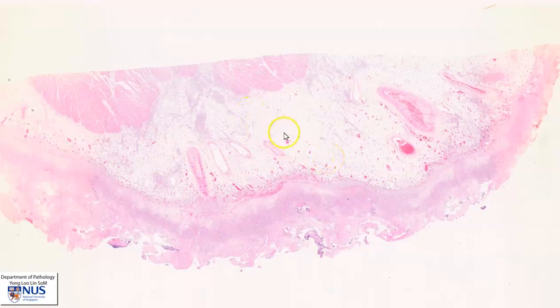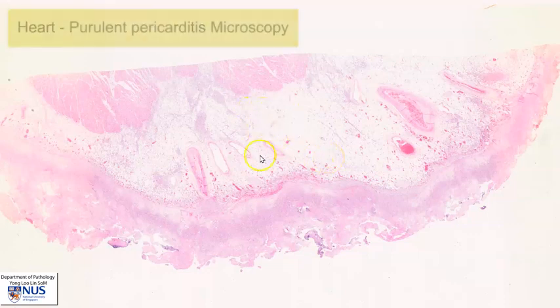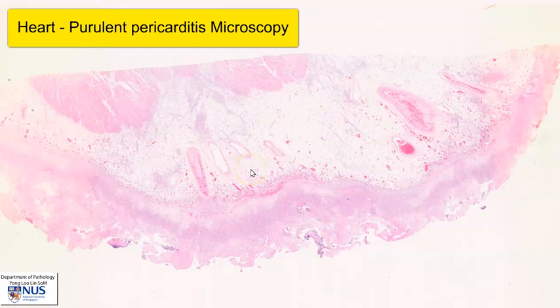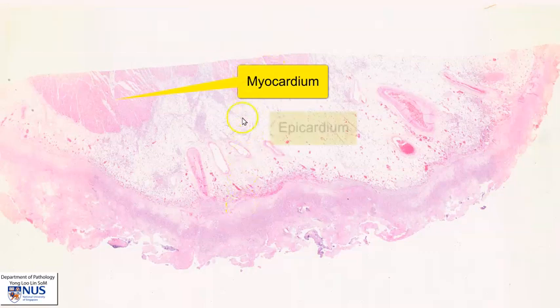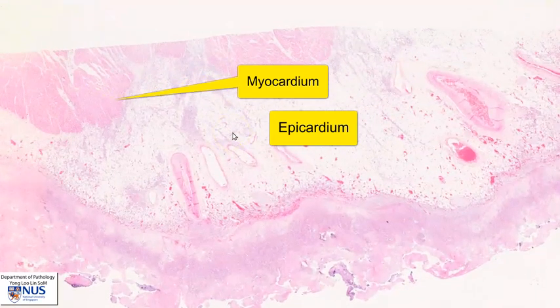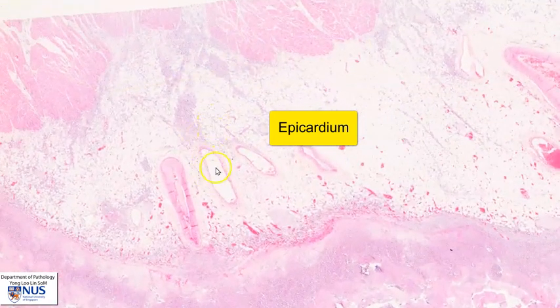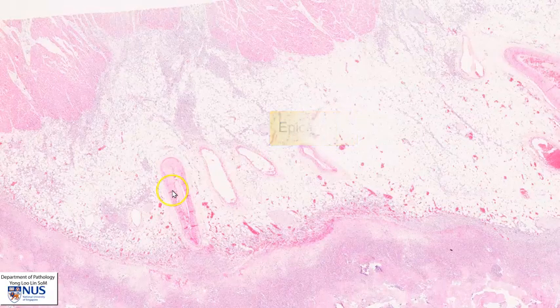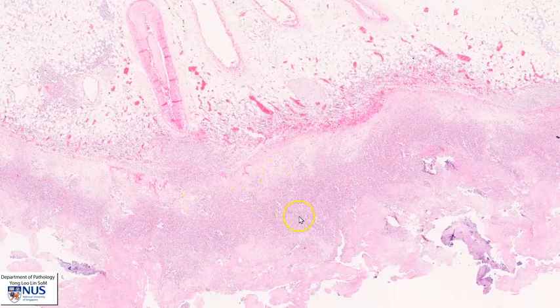Hello, this is a virtual microscopy slide from a case of purulent pericarditis or infective pericarditis. First, let's orientate ourselves at low magnification. Here is the deep aspect of the myocardium, and this whole area here is the epicardium, which is composed mostly of fat, adipose tissue, and blood vessels. And here is the surface of the epicardium or the visceral pericardium, where we can see a very thick layer